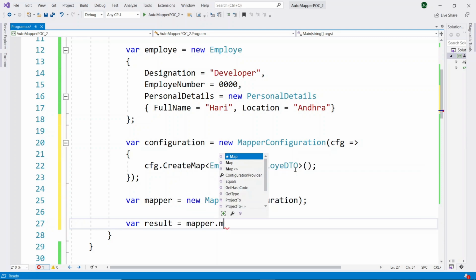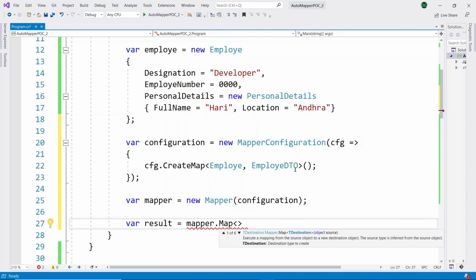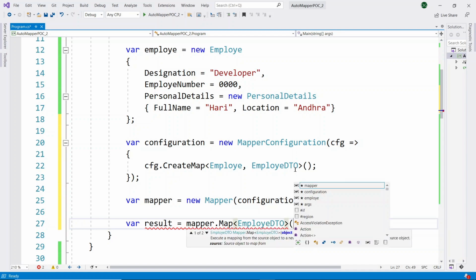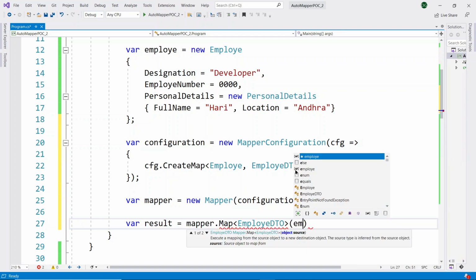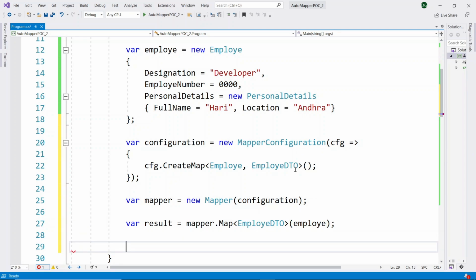Finally, we have to write the code for mapping the objects from the source class to the destination class. Now I will run the application and see what will happen.